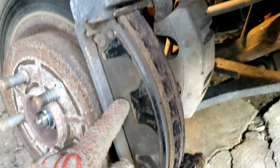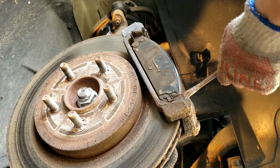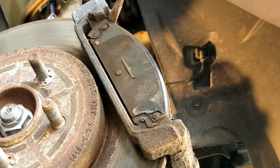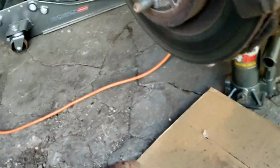These are the old brake pads. These are the clips that hold the brake pads. Grab the flat tip and kind of pry the brake pad from the clip. You're going to go slowly back and forth until there's some space in between. There we go. If by chance you can't get this off now, for whatever reason it's stuck, you could just